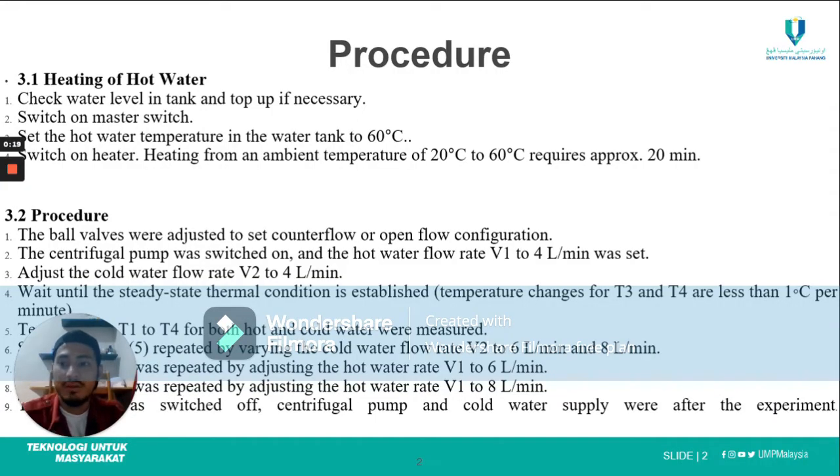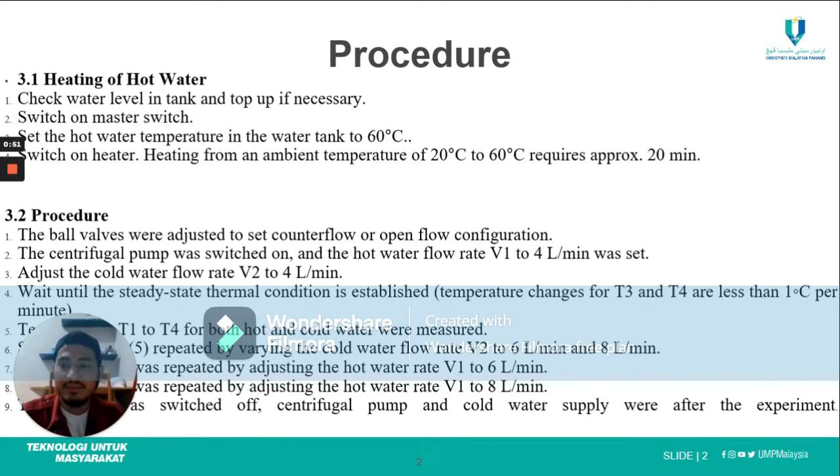We begin with the heating of hot water. So the procedure is, the first one, check water level in tank and top up if necessary. Second, switch on master switch. Third, set the hot water temperature in the water tank to 60 degrees Celsius. Next, switch on heater. Heating from an ambient temperature of 20 degrees Celsius to 60 degrees Celsius requires approximately